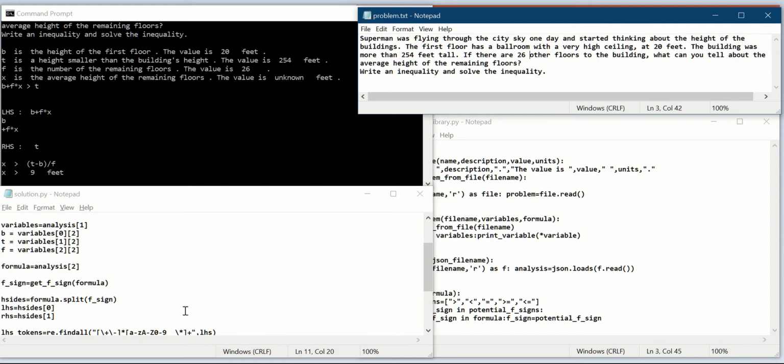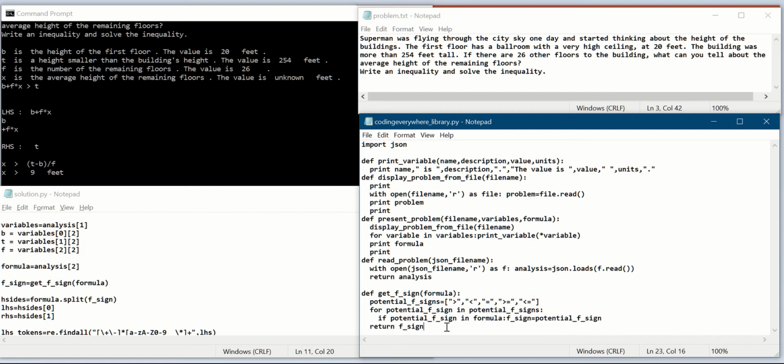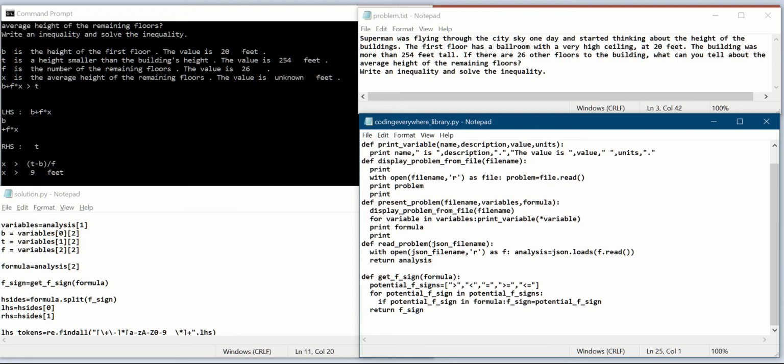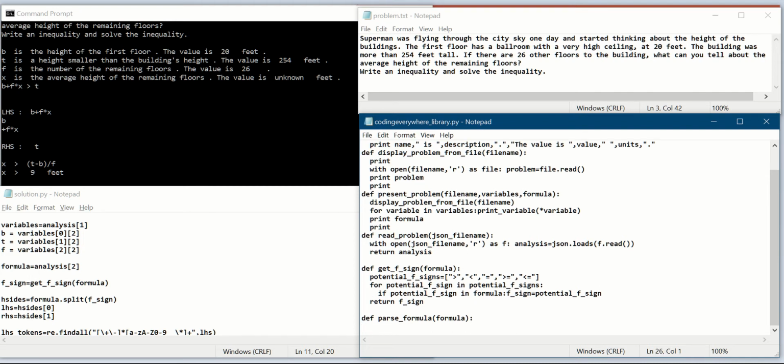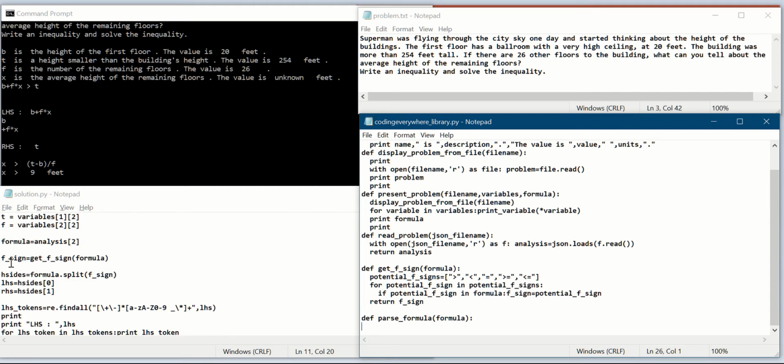Today we will learn how to create a function that will return the left-hand side tokens, the right-hand side tokens, and the formula sign. So it will return a tuple of 3 items. On invocation, we will unpack the tuple into the 3 separate variables. So I will call the function parse_formula. So define function parse